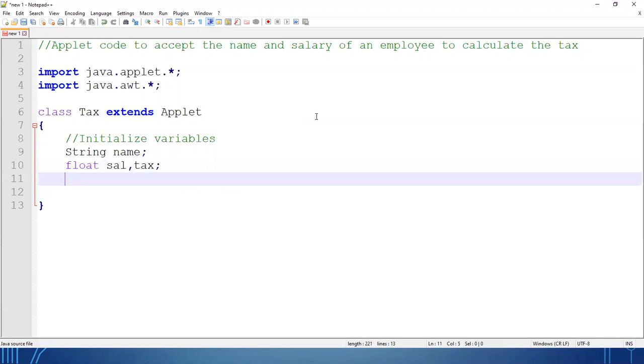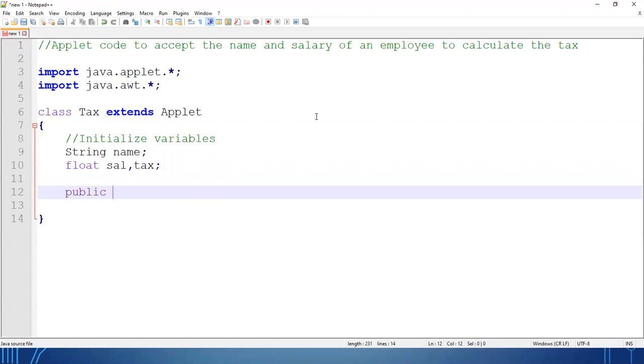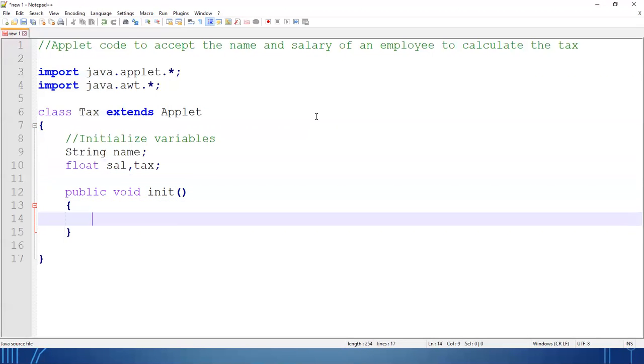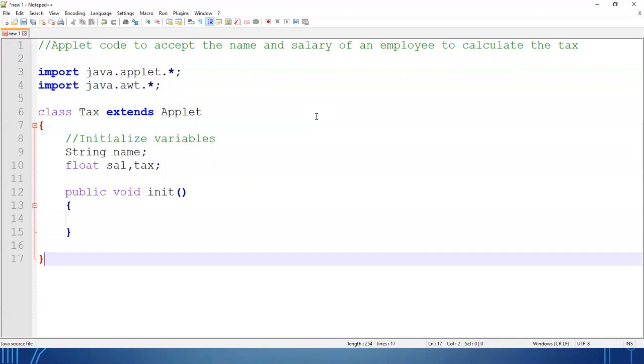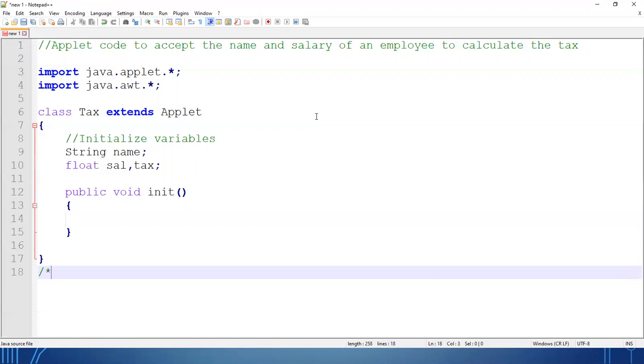Done. I have to initialize inside the method. So you have to accept the name, you have to accept the salary, then only I can calculate the tax. Now whenever I want to accept the values